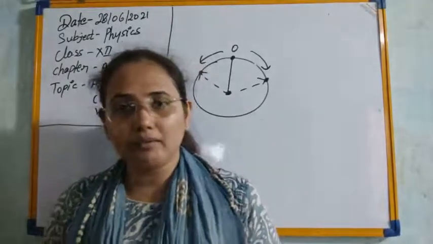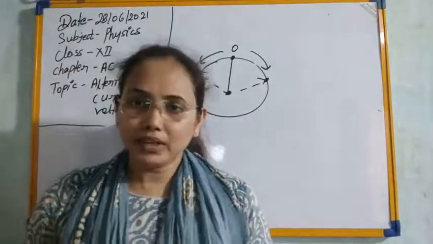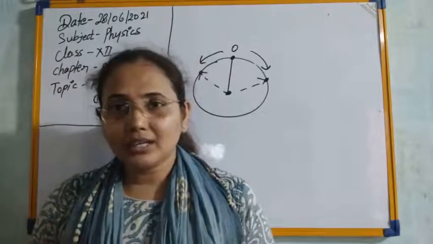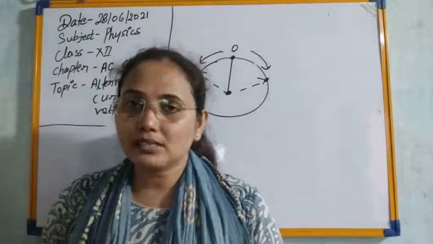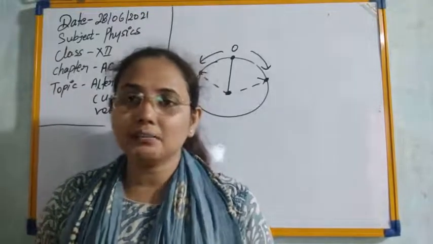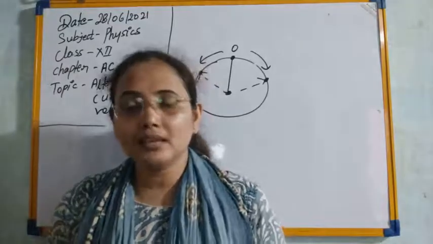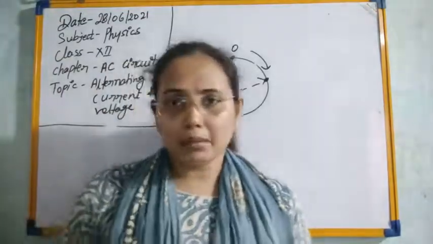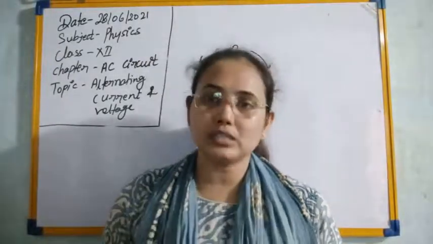This factor you have to keep in your mind. And if we cannot measure it by the moving coil galvanometer, then how can we measure it? We measure such current by hot wire instruments. We design some different types of ammeters and voltmeters to measure AC current and AC voltages. Those ammeters and voltmeters are based on the principle of Joule's heating effect.